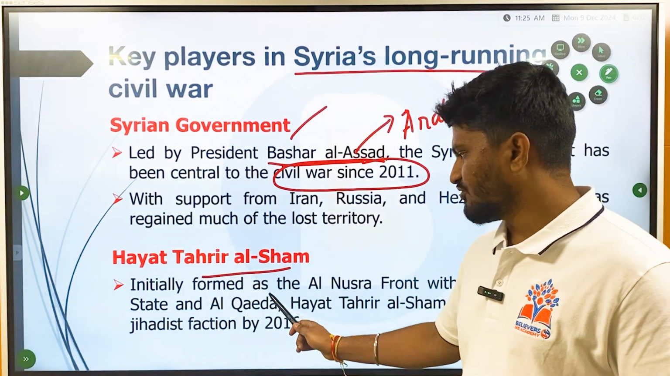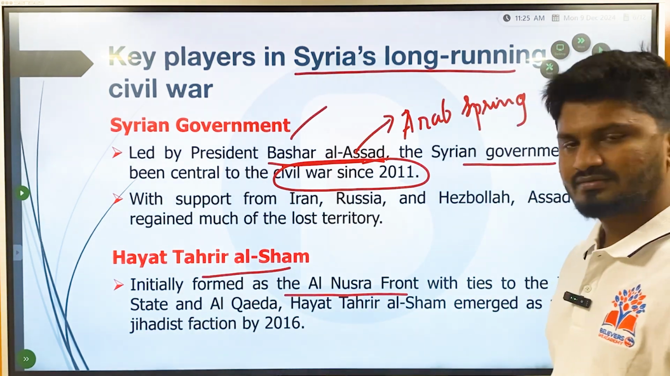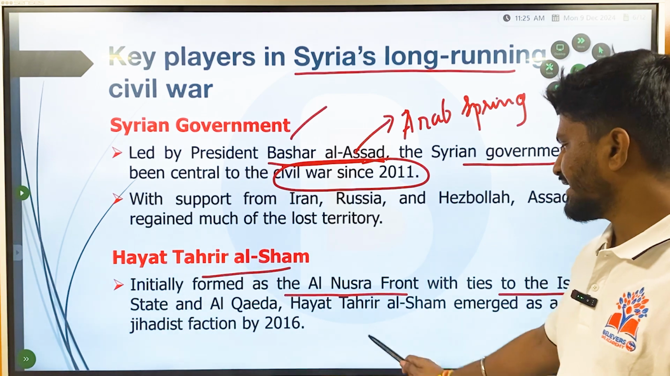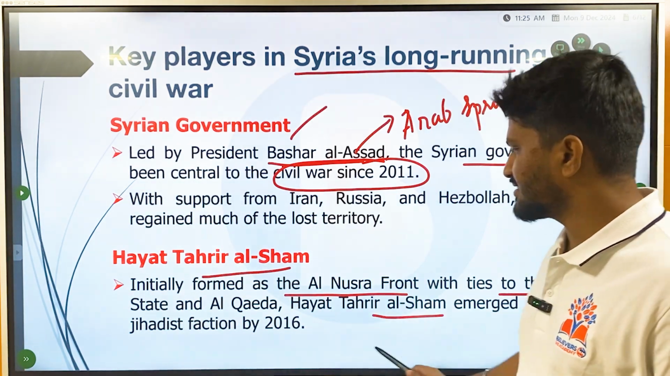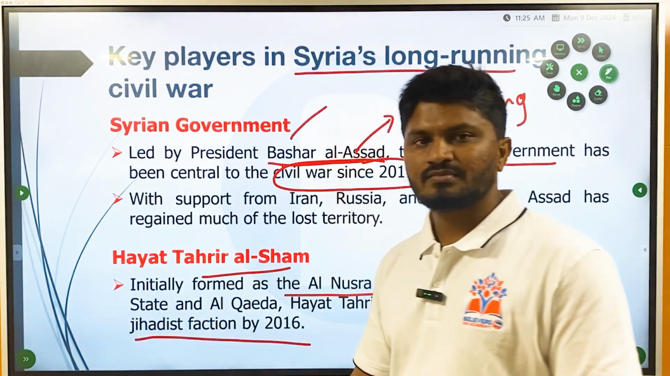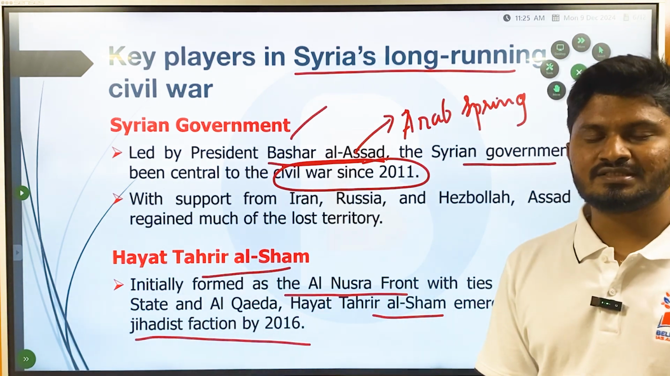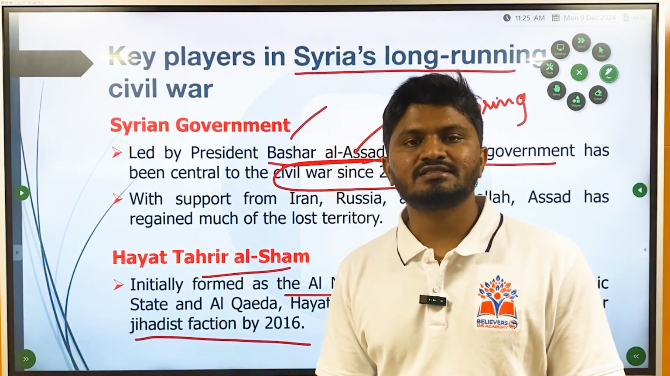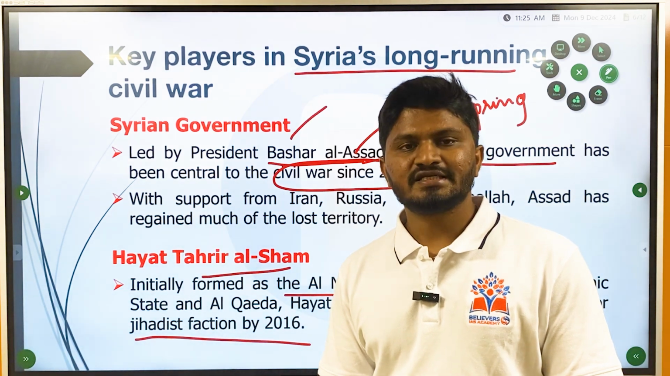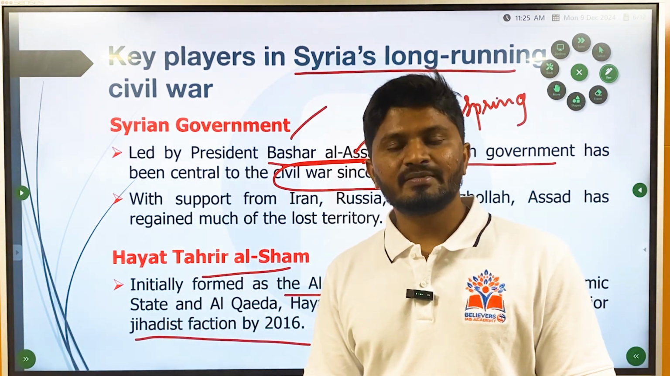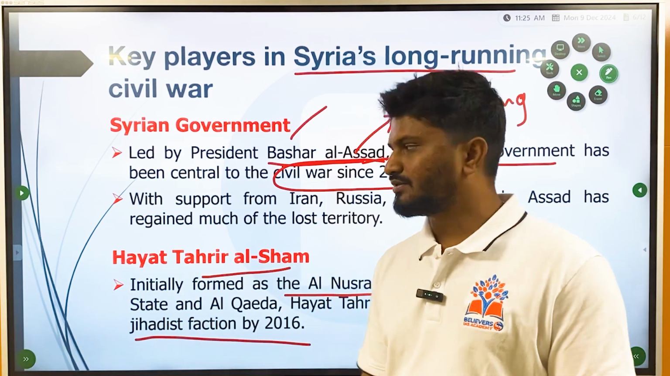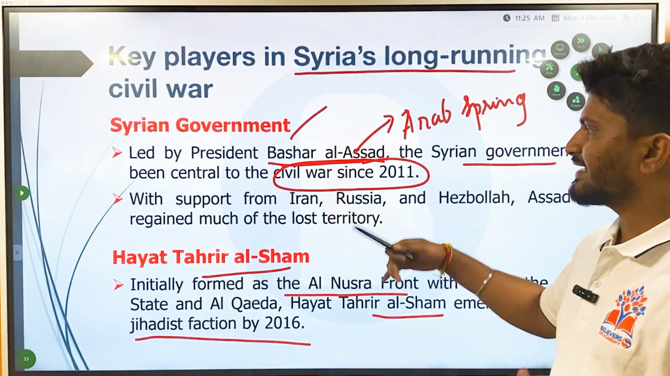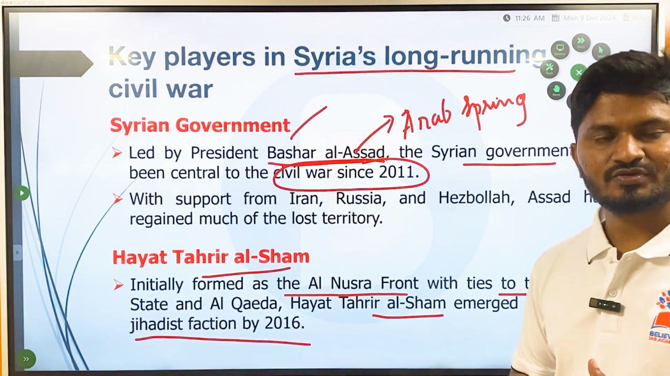It was initially formed as the Al-Nusra Front with ties to the Islamic State and Al-Qaeda. Hayat Tahrir al-Sham emerged as a major jihadist faction by 2016. These are all Islamic terrorist organizations. Their aim is to establish a state ruled by a caliphate or Islamic regime, ruled by Sharia rules, by fundamental Islamic ideals. Those are the aims of Hayat Tahrir al-Sham, and these ideas are against President Bashar's ideas. So that is why